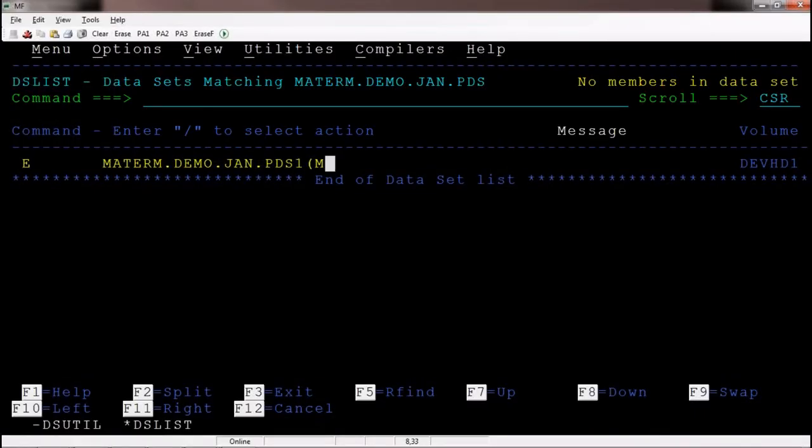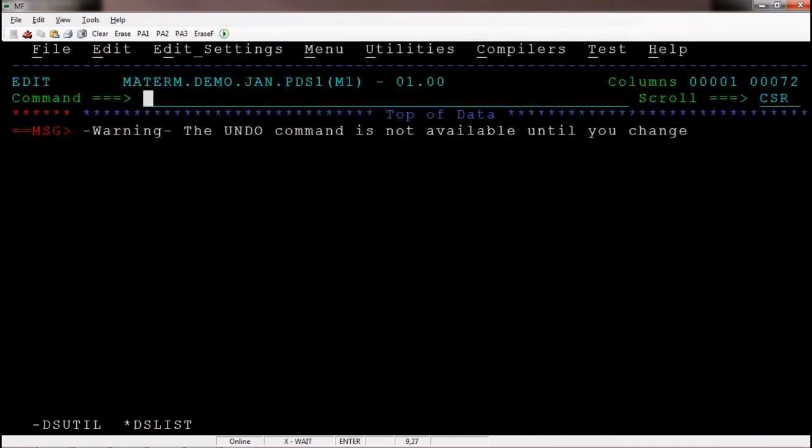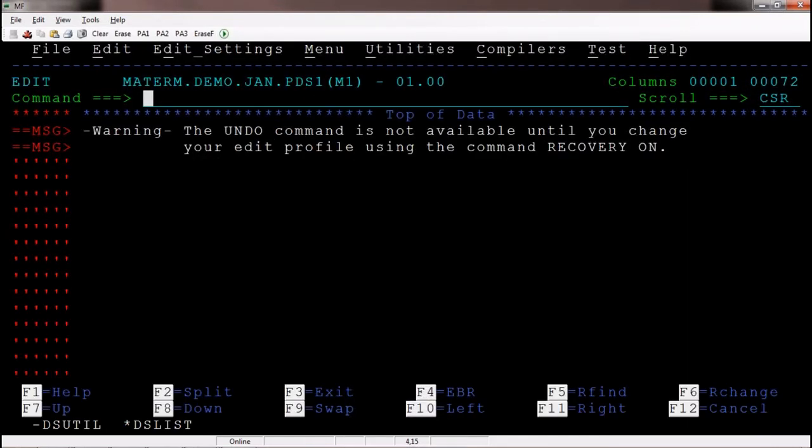So I'm giving M1 in brackets. Hit the enter, you will get one more screen. We don't need to enter anything on the screen. Just hit enter one more time.